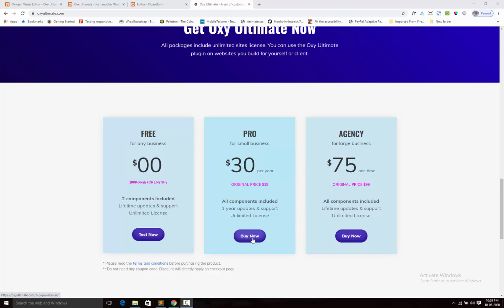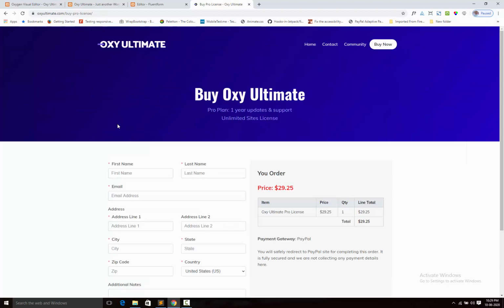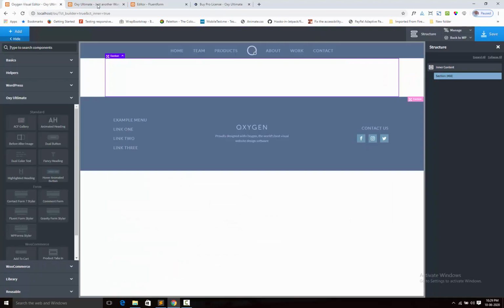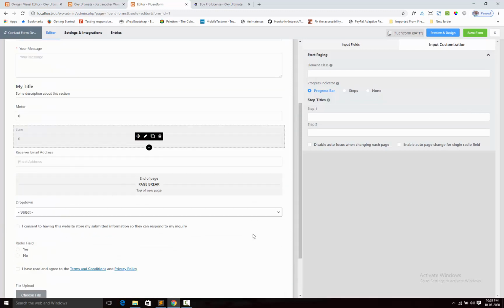You can see that I added the payment gateway and integrated PayPal, and it goes directly to the PayPal address and you will pay the order. Okay, so right now I created a form with the Fluent Form plugin. This is my form,